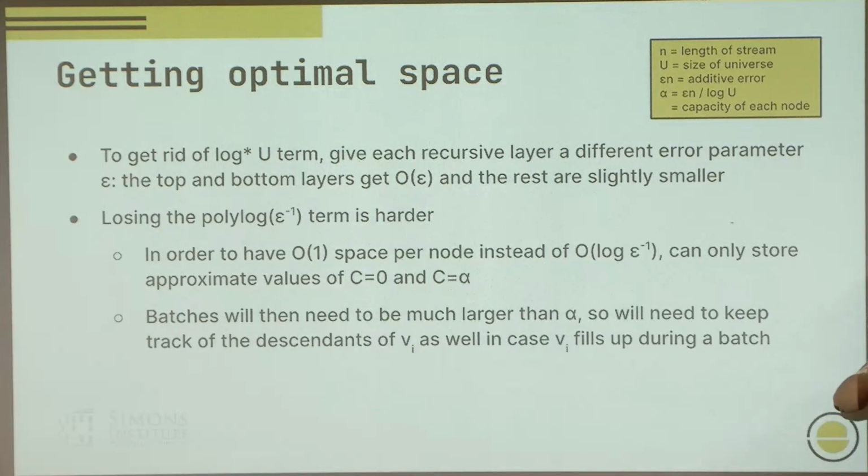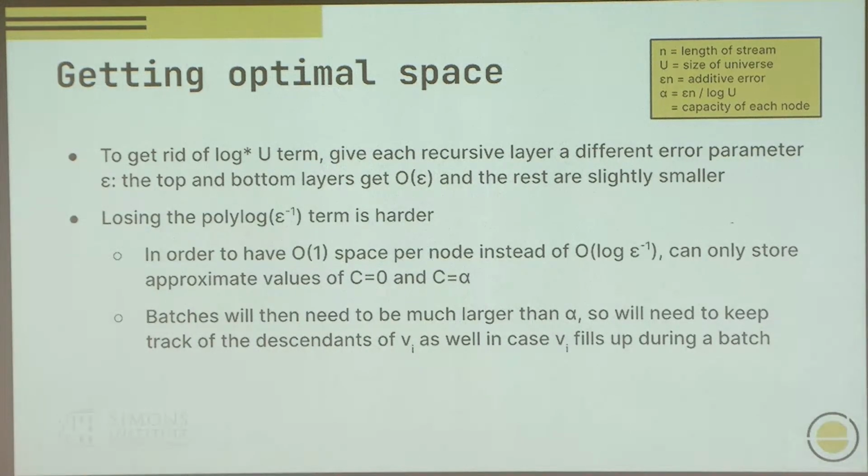Right, and then that error sort of propagates. Because our rounding off to epsilon alpha was because the batches had size alpha. So if you're rounding off to epsilon n instead, then the batches will need to have size almost n. More precisely, about n over log u is how big the batches have to be. Right, so the batches are now big, and now when you process an entire batch, you might be overfilling the nodes vi. So instead, when the node vi would get full, you need to know to branch down into a smaller binary, into a subtree of vi at the base level